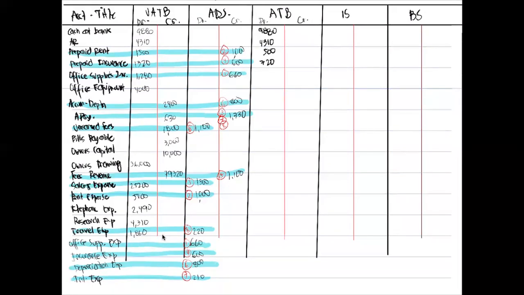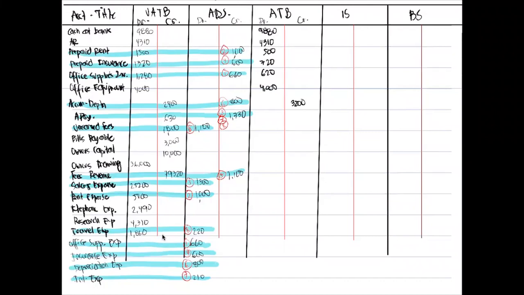Next, office supplies. 1,280 less 660. 1,280 less 660 will give us 620. Office equipment, do we have a change? None, it is still at 4,000. Accumulated depreciation, 2,400 credit and 800 credit. So 2,400 plus 800,